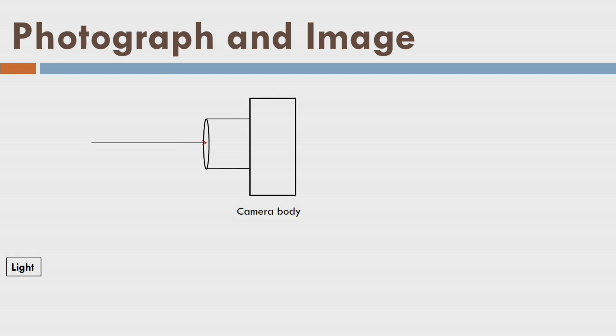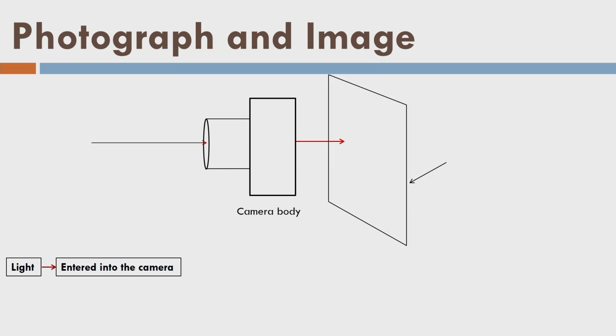So let us say this is my camera body shown here on the screen. Now light enters into the camera and goes to some film here. It could be film or sensor. Let me tell you what a film is. Film is a kind of polyester or acetate based medium where, once it is exposed to the light, it cannot be used further a second time. It is completely different from the digital sensor, or what we call today a digital camera. So a film is not a digital sensor, remember.